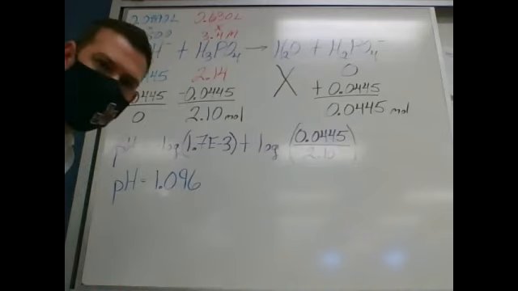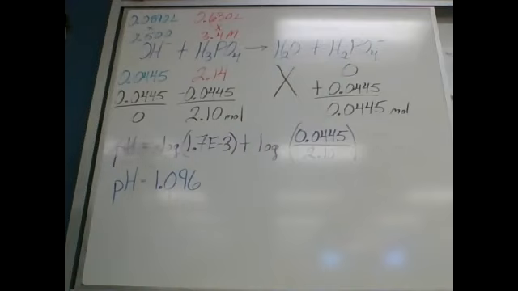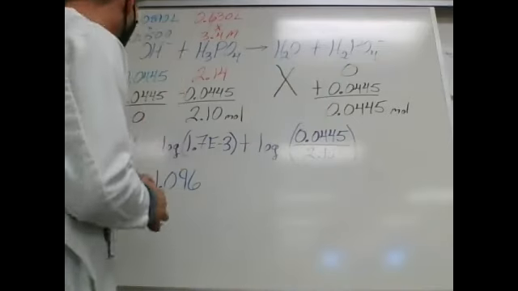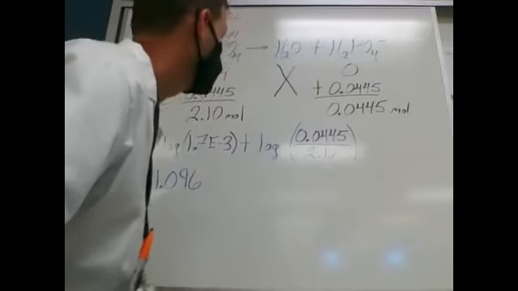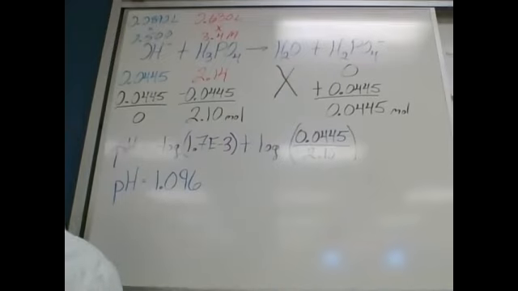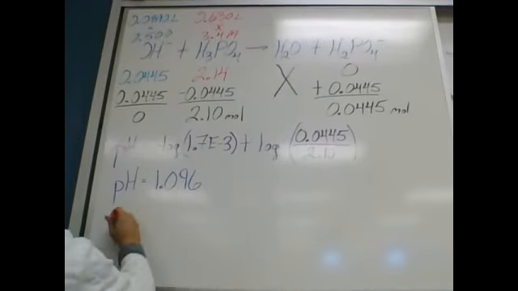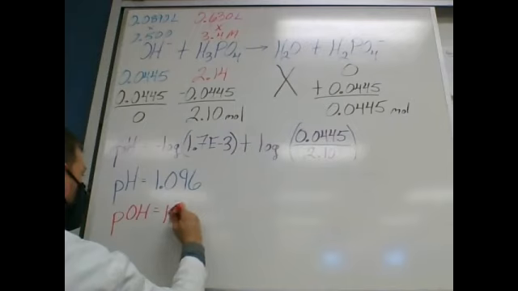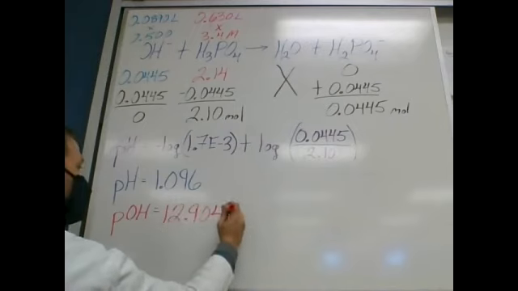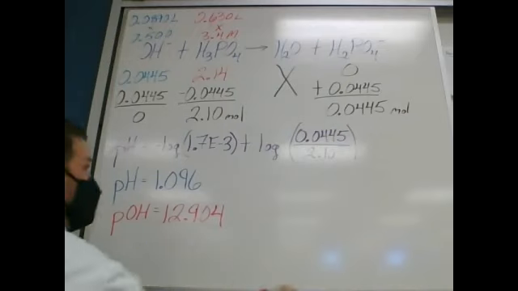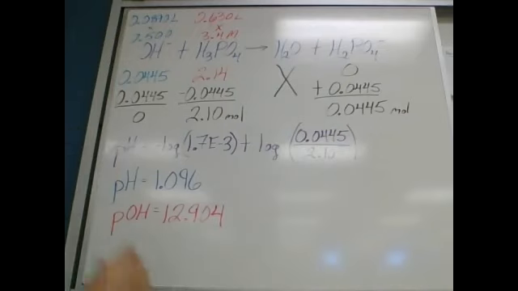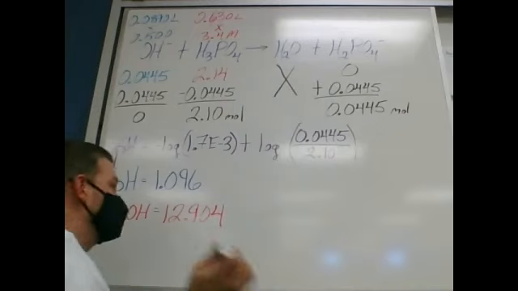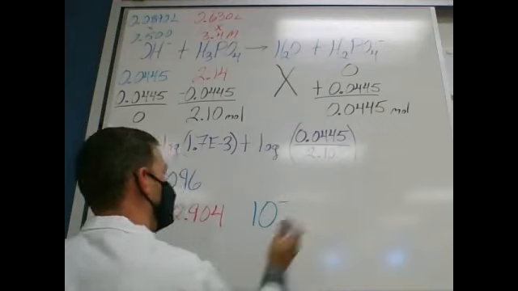Now, Heidi, this is where the problem gets kind of mean, because it doesn't want pH, it doesn't even want hydronium, it wants a hydroxide concentration, and that's just kind of ridiculous. But whatever, we can figure it out. So what I know is that if the pH is this, the pOH going to 14 must be 12.904. And then I have to remember that in order to go from a pOH to an OH minus concentration, since they're directly connected, is to simply go 10 to the negative value